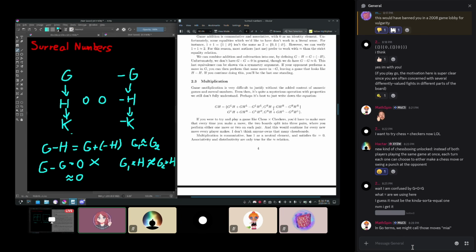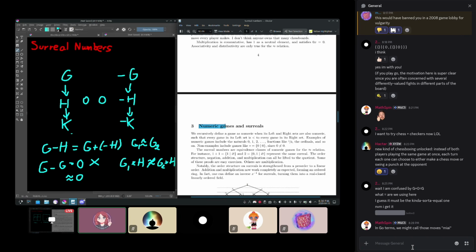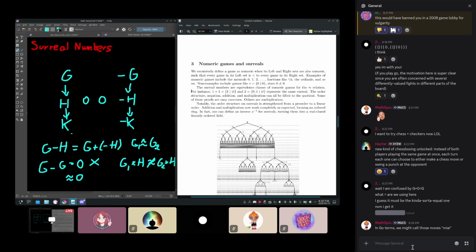You can try to play it as a game. It's a really messy game. But I think it's better if I just skip this in the interest of time. Because I did at least want to get to numeric games, right? That's kind of the title of the talk, serial numbers. So I'm going to at least get here and probably just end the talk after that, or maybe I'll just quickly gloss over everything else.